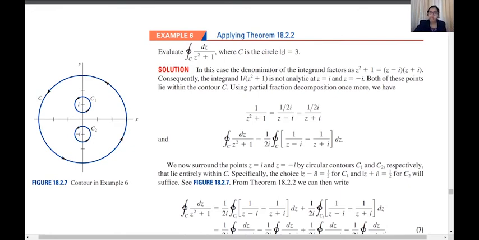Now again by partial fraction, we are using partial fraction very often, we'll be doing it again and again, so we'll be thorough with that portion. By partial fraction we have 1 by z square plus 1 is equal to 1 by 2i into 1 by z minus i, minus 1 by 2i into 1 by z plus i. So the integral over C of dz by z square plus 1 is nothing but 1 by 2i, taking it common, times the integral over C of 1 by z minus i minus 1 by z plus i.